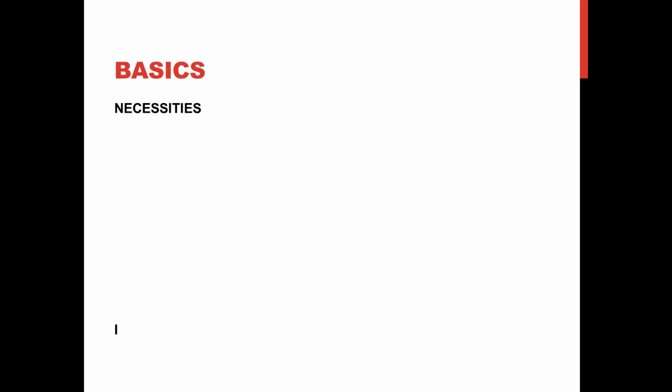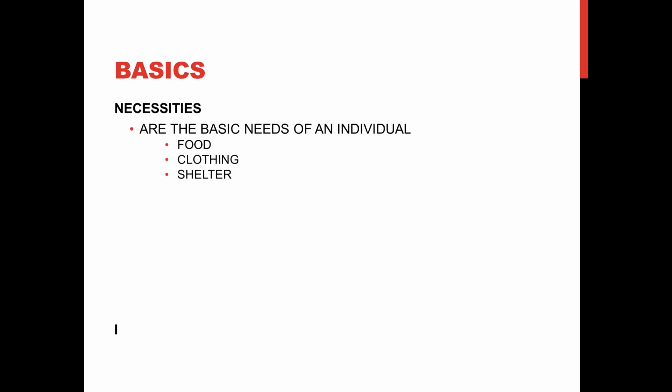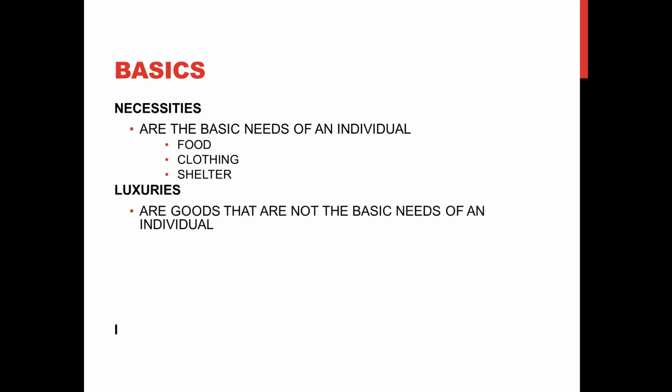Another basic definitions that we need to know. First, we have the necessities. Of course, this is self-explanatory, no? These are the basic needs of an individual. So, food, clothing, and shelter. So, these are the basic. Luxuries are goods that are not the basic needs of an individual. Car,